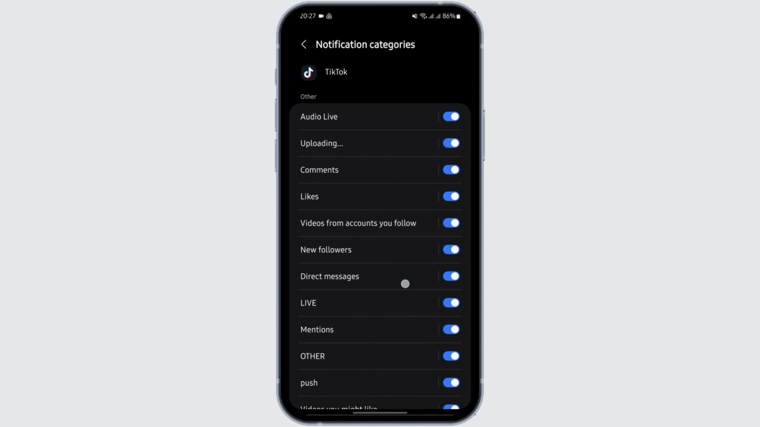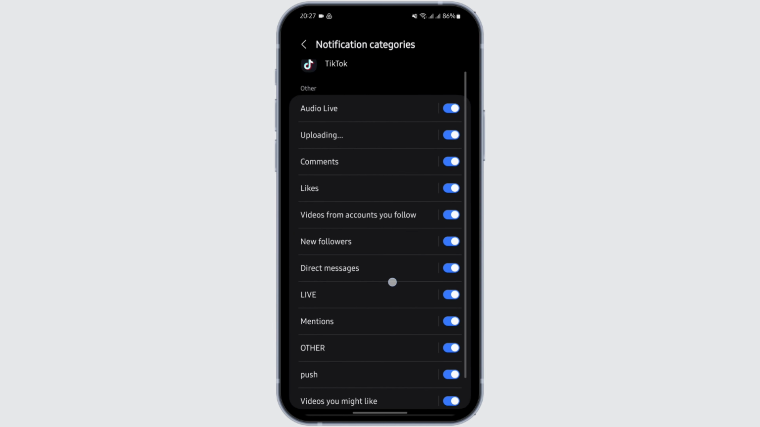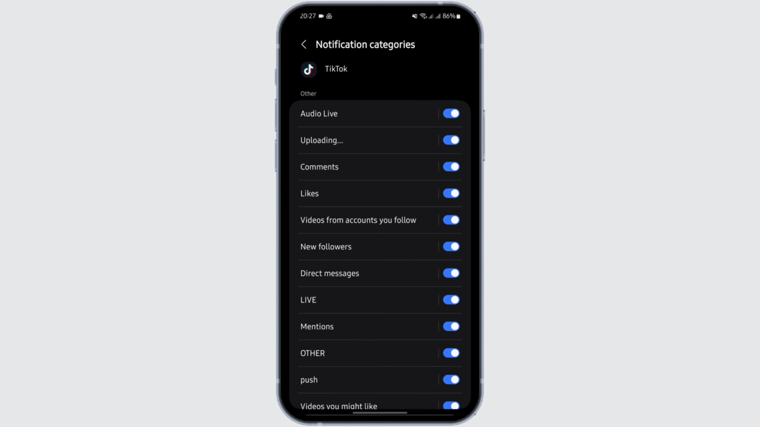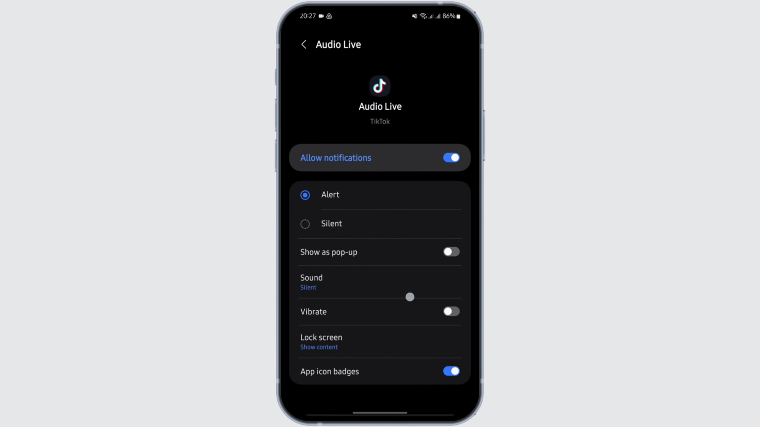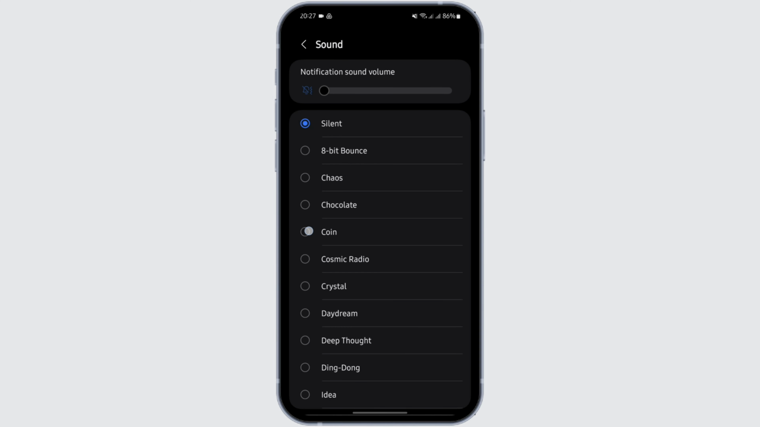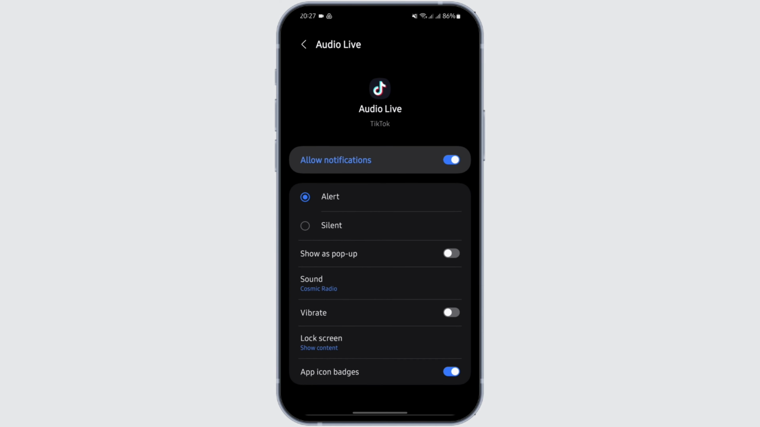You will see the list of TikTok notification categories. Tap on any one that you would like to change. For instance, I'm tapping on Audio live. Here you will see an option of Sound. Tap onto it and from here you can choose any sound that you would like to be your Audio live